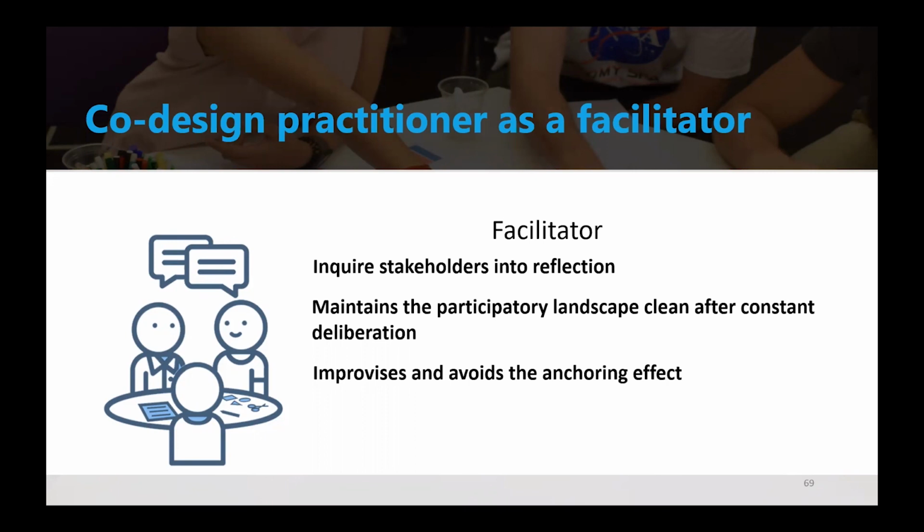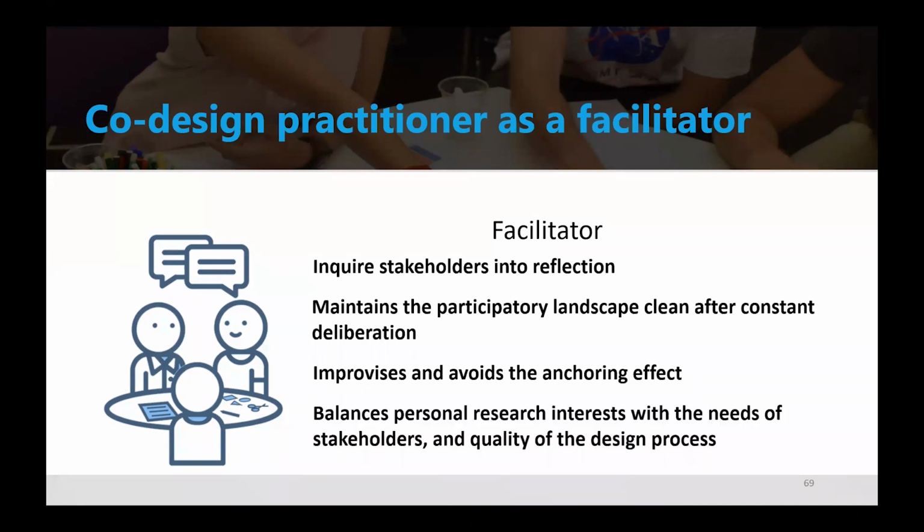You have to improvise about the anchoring effect. This means that people will come in with an agenda and may try to get the conversations into that. I'm here talking about privacy, and I want to spend 30 minutes talking about privacy. The facilitator has to move the conversation into the other topics, understanding the context of the session.